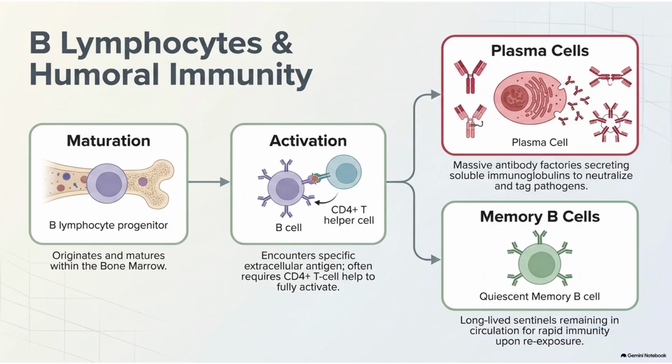When a B cell encounters an antigen that matches its receptor and then receives the additional necessary signals for activation, often including help from CD4 positive T cells, the B cell can undergo clonal expansion and differentiation. Some descendants become plasma cells, which are essentially antibody-producing factories capable of secreting large quantities of immunoglobulin. Those antibodies can circulate through body fluids, bind specific antigens, neutralize certain targets, promote opsonization, and participate in other immune